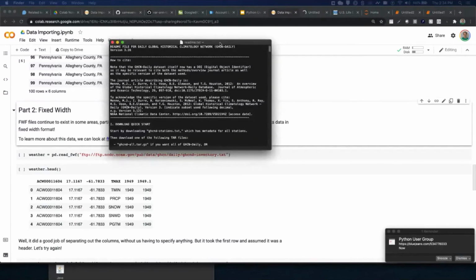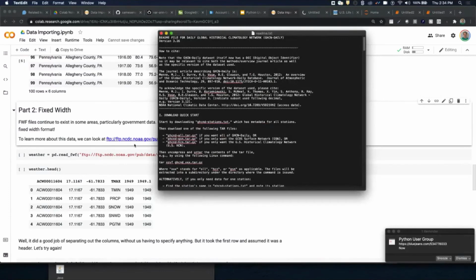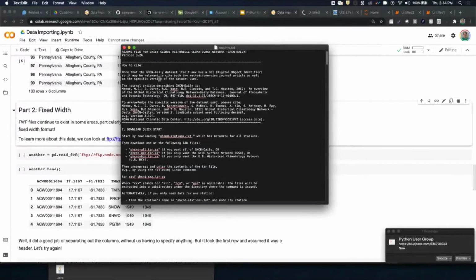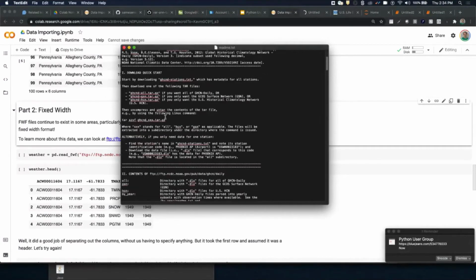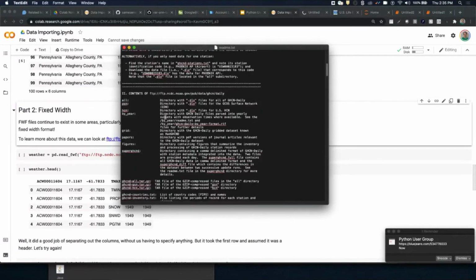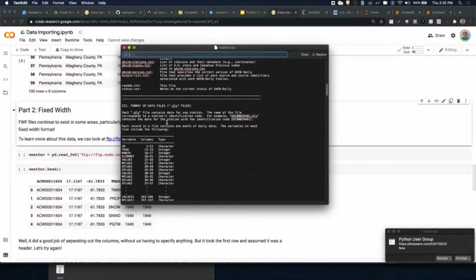Yes, I do. All right, so this is that file. This file here in black is the description that ends in readme.txt. So this describes lots of different kinds of files, and the file that we're going to look at is an inventory file.